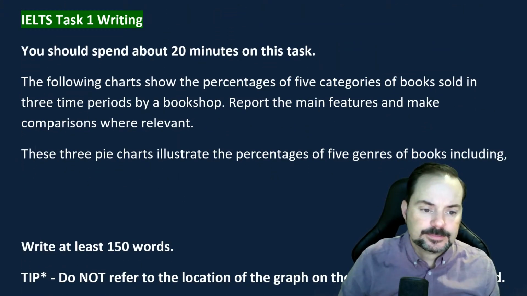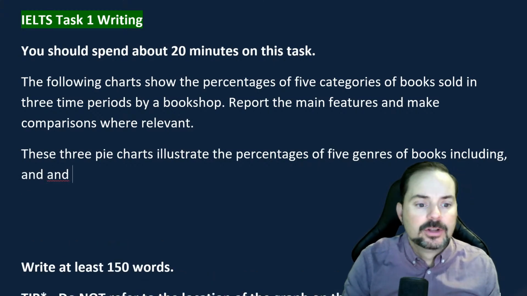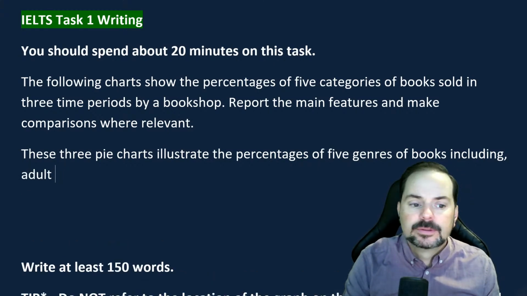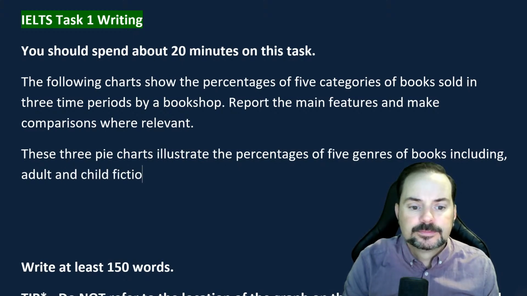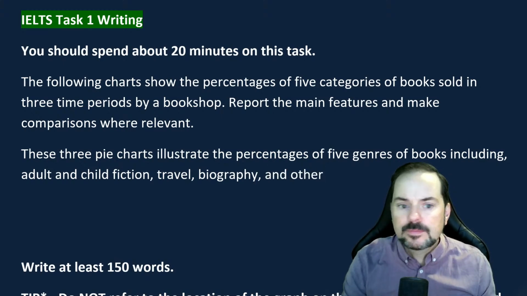Including adult and child fiction, travel, biography, and other,